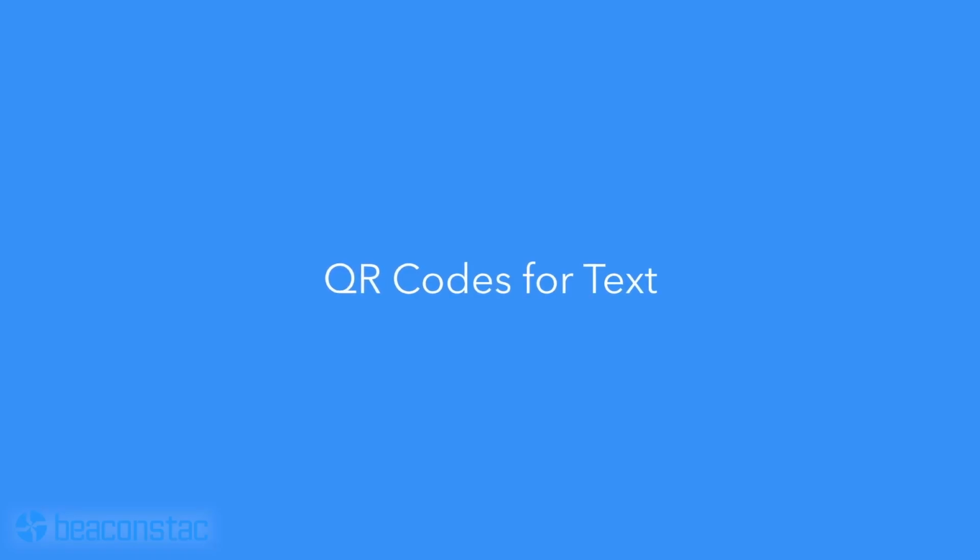QR codes for text. Share contextual messages, coupons, quiz results, and more with a text QR code. All a user has to do is scan and view the text the QR code carries. You can even use a dynamic text QR code to reuse the same QR code to display different text based on your requirements. This is especially useful for scavenger hunts and for teachers who are using interactive learning.